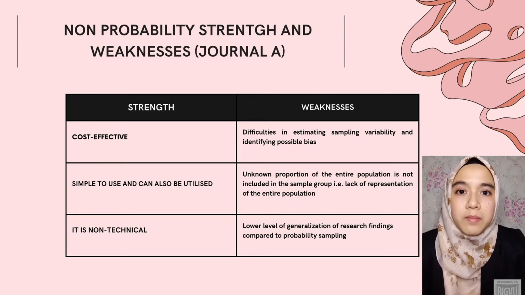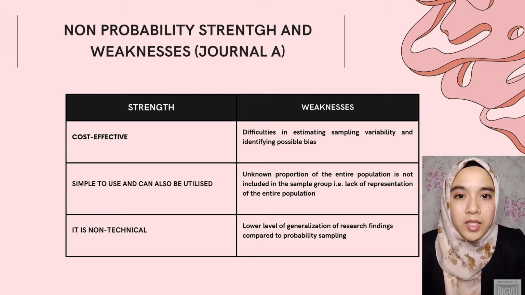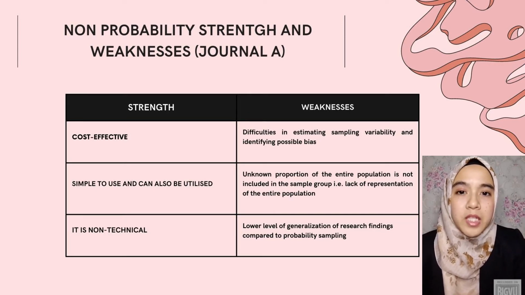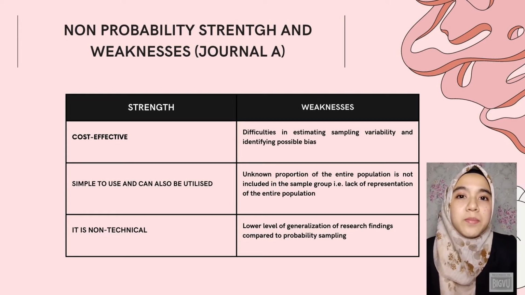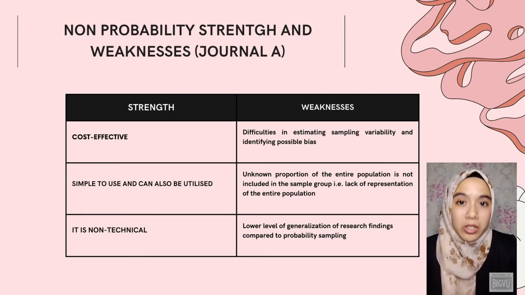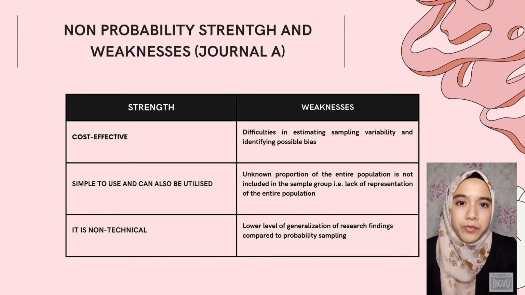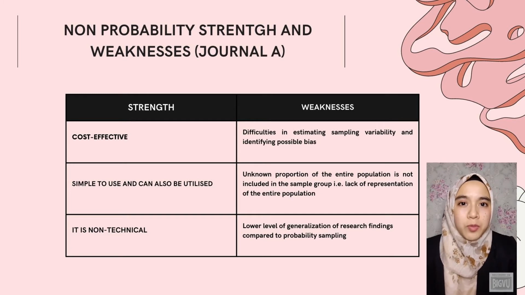Pre-screening tests or other obstacles may be imposed on the sample, making it difficult for some selected people to participate. This adds more levels of complexity, which may prevent a suitable candidate from being included in the sample. Number 2 is that an unknown proportion of the entire population is not included in the sample group, a lack of representation of the entire population. Because this is a technique for people to select one of the other candidates, some individuals may share a link or other information with others in order for the candidate she or he selects to win. This is why we cannot tell how much population there is.